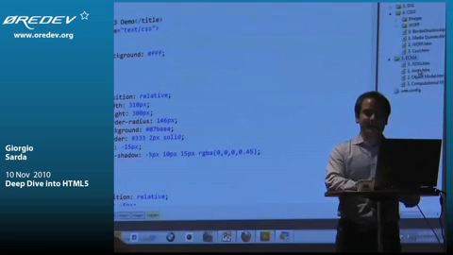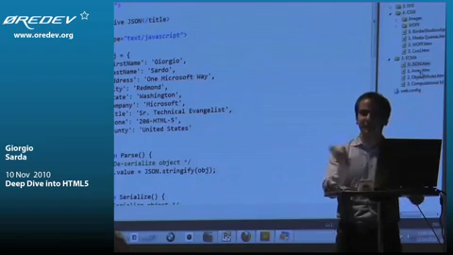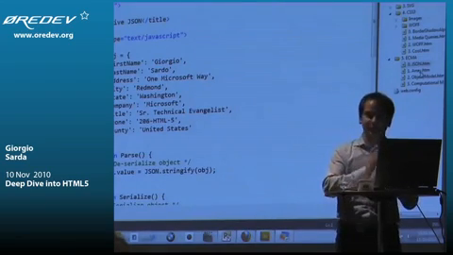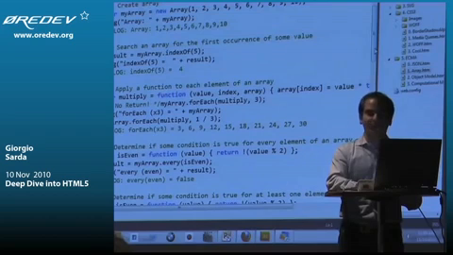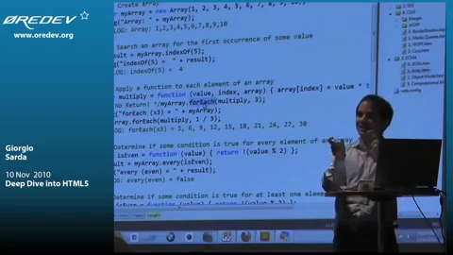Lastly, there is a lot of news with ECMAScript. So you have a native JSON object. So if you need to serialize, use JSON. We will see this later. You have a lot of new methods on the array, like for example indexOf or forEach. So you can have lambda